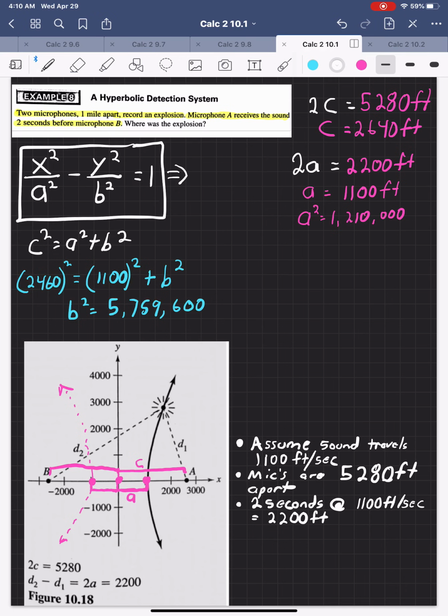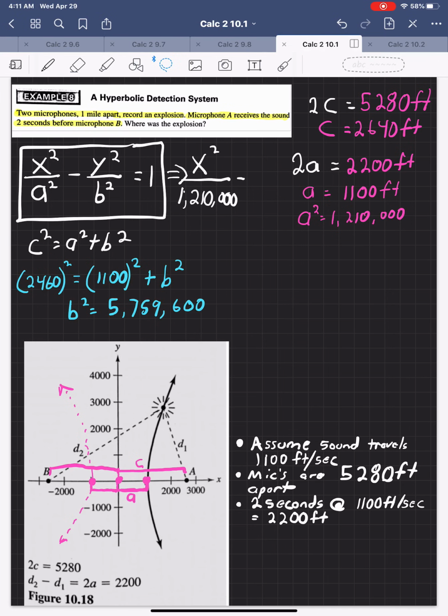Ready? So we're going to draw a horizontal transverse axis. So we want the A to be the positive and negative, and because it's under X, and then we want the X to be the positive, so that would mean that A is going under X. So that leaves me with X squared over A squared. So in this case would be X squared over 1,210,000